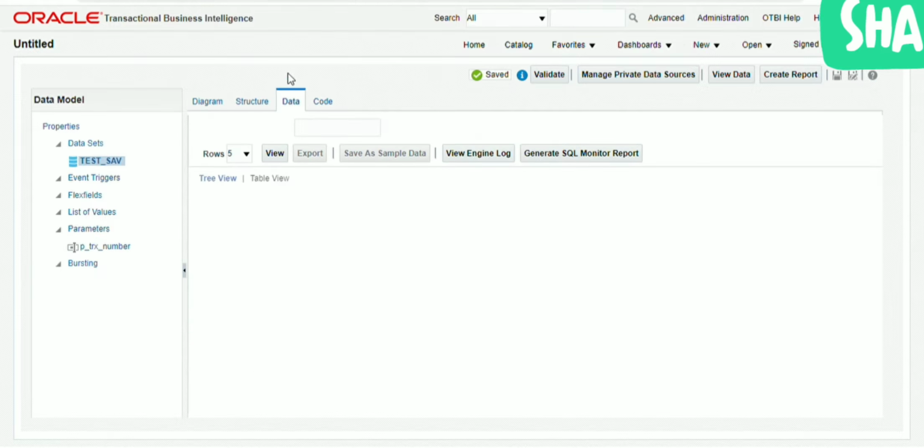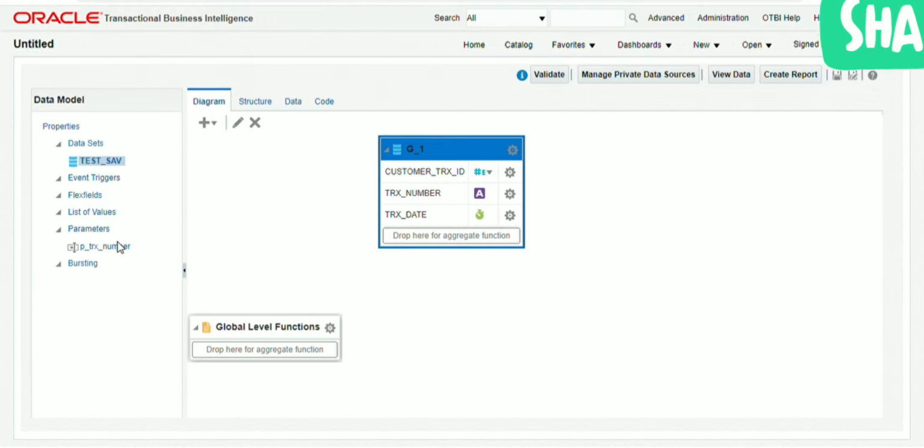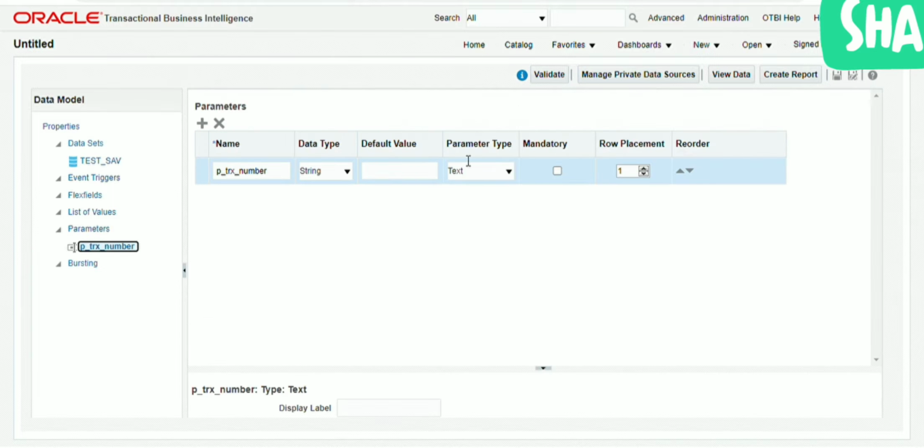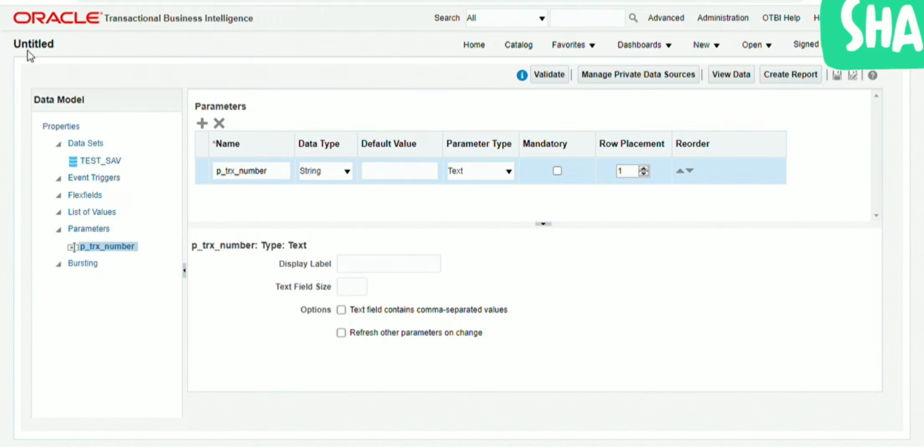But since this is a parameter which is coming from the database, generally it will be in the form of an LOV. After a while I will show you how to create a LOV. So we'll give it as TRX, or we can say invoice number, as the display name.